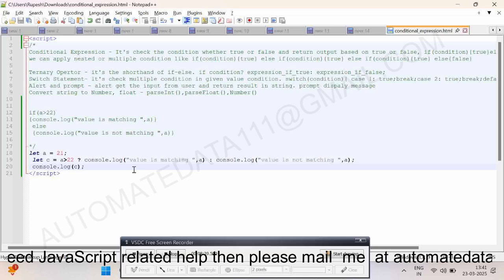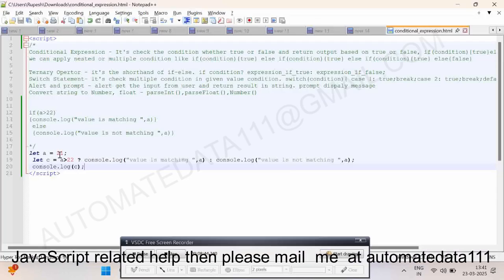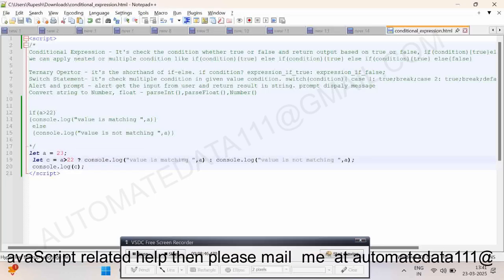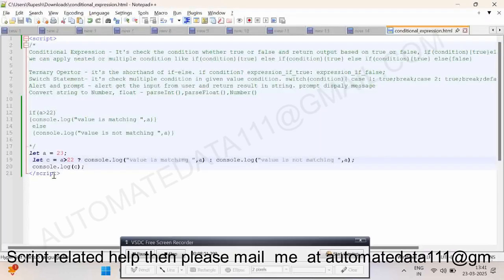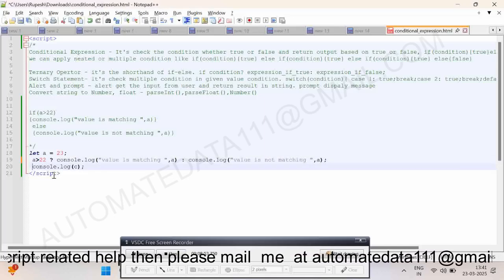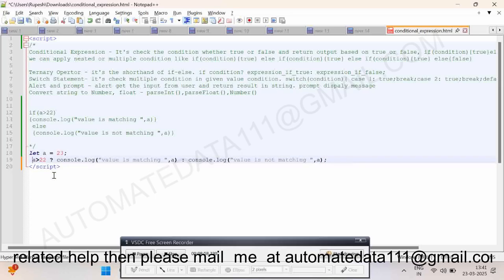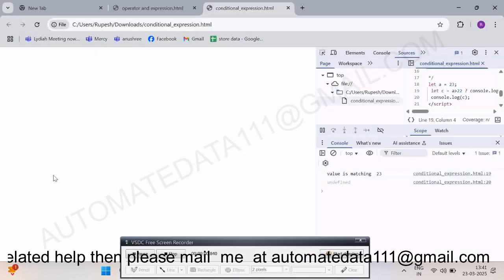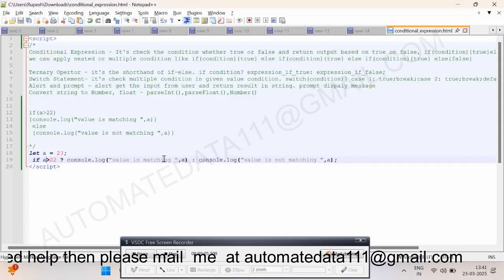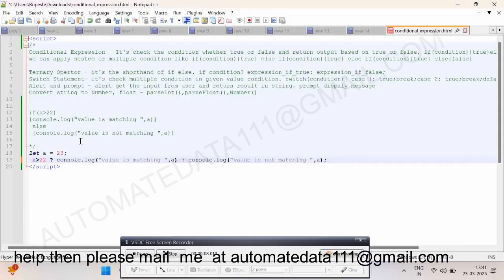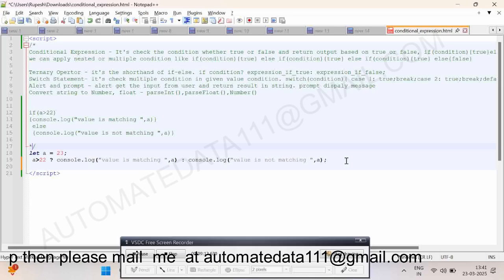So here the value is not matching, right? So what if I put here 23? Now let's see. So the value is matching, right? Okay, without any if condition, it is just matching the condition. And if you write if, then this will not work. So this common syntax error basically happens. Okay, now jump to the second one,